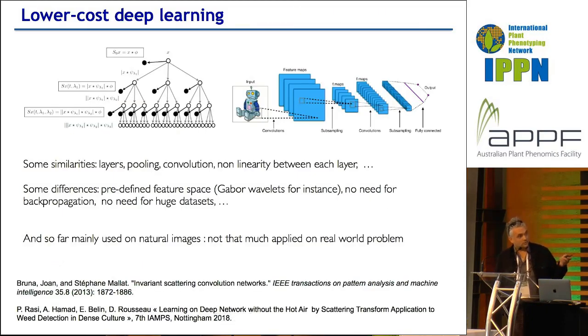So how to lower the cost of deep learning? There are actually alternatives to convolutional neural networks that we've been testing recently. This one is called scattering transform, and it has some similarities with deep learning in terms of association of different scales. However, it does not need the costly feed-forward propagation algorithm, so it needs less data to be trained, and maybe does not require a GPU to have a decent result. And in some cases, it can give similar results to the CNN.